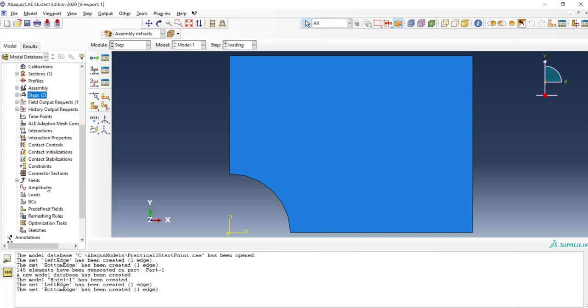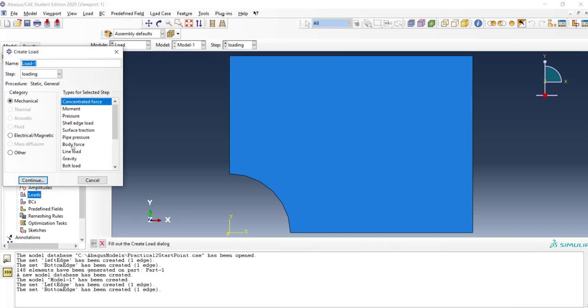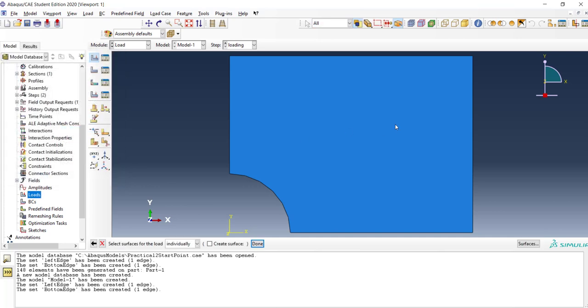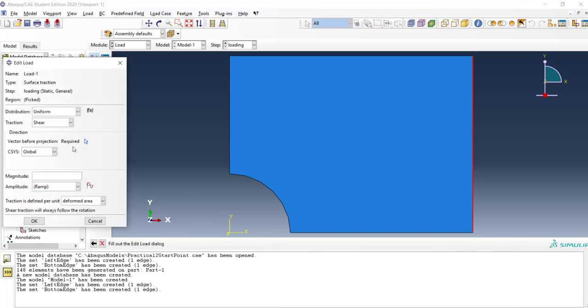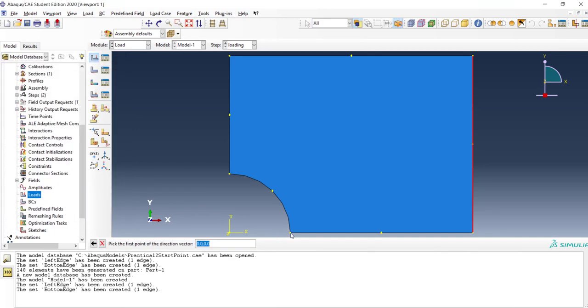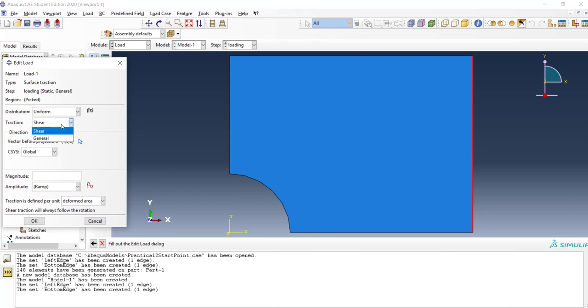Then a whole lot of other things we don't need. Then loads we do need. And in this case, I'm gonna apply a surface traction load on the surface on the right. The vector is in x direction.